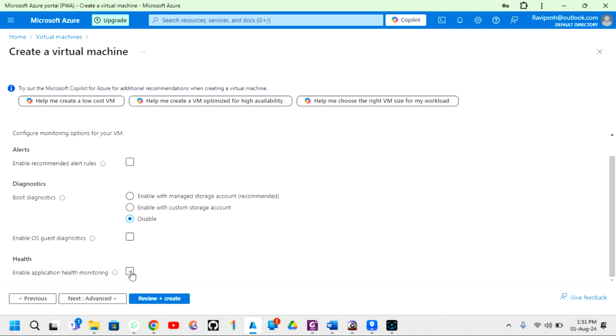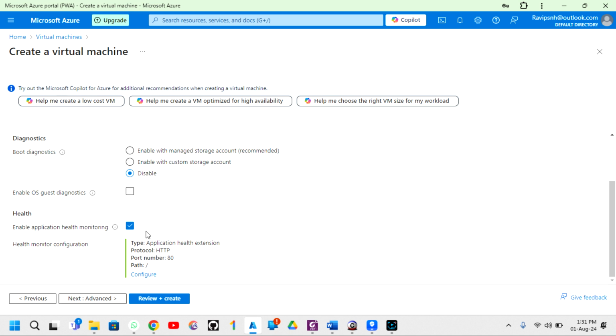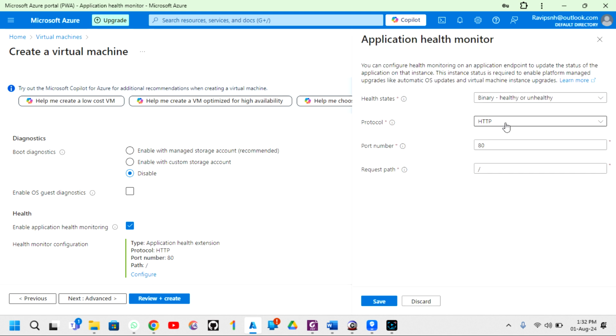Next, health. Definitely health monitoring, this is also an option. If we are using an application inside a virtual machine, say for example a web browser based application running on port 80 or port 443, we can simply enable this option and configure it, and give the application path. If it is HTTPS, we can enter the port number and the application path. That means